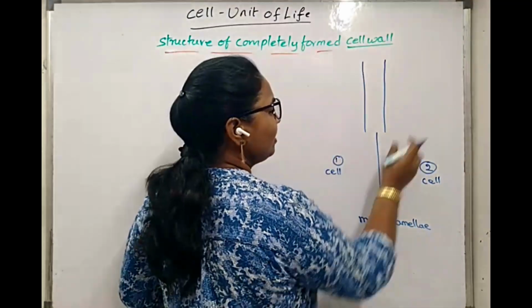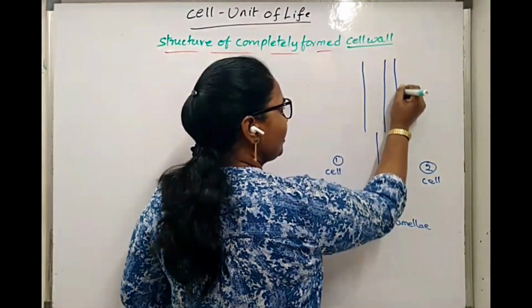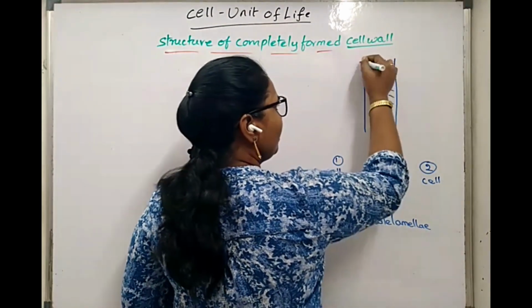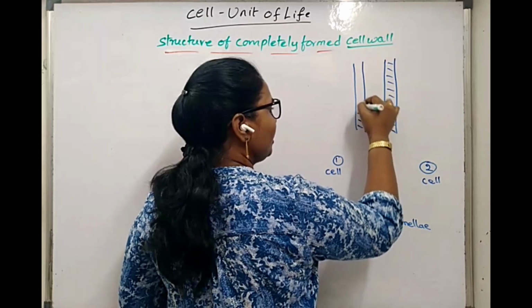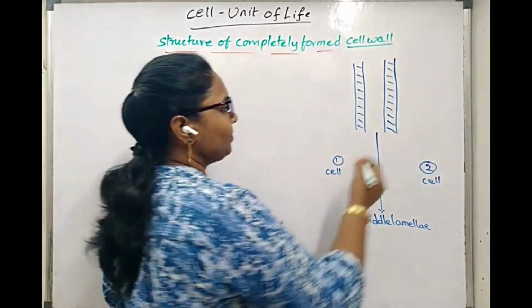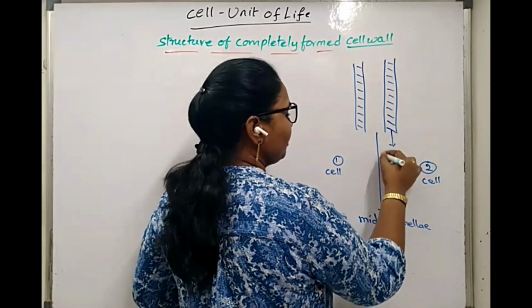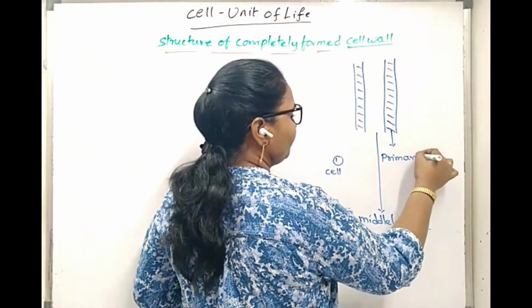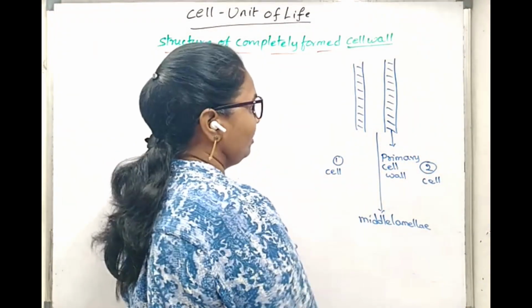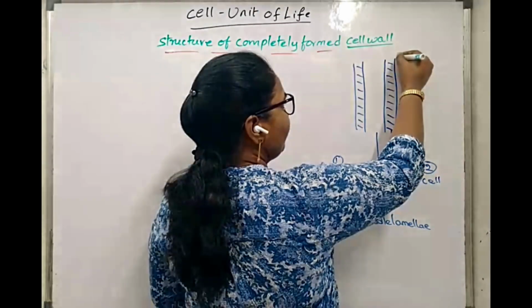Towards the cell side, the next structure formed is the primary cell wall. The primary cell wall is produced or synthesized by the secretions of the cytoplasmic content of the cells. So this is the primary cell wall. Next structure will be